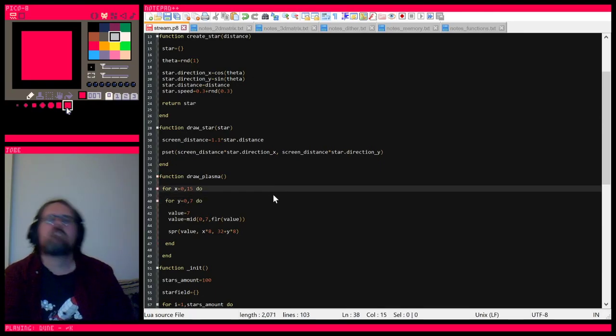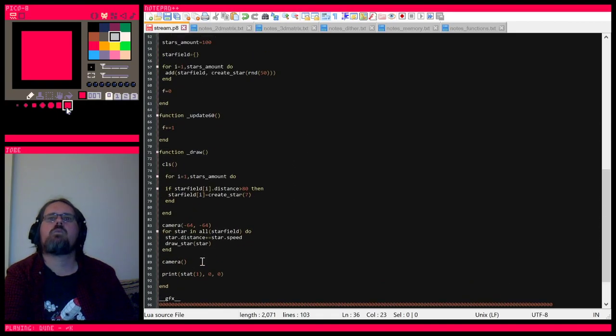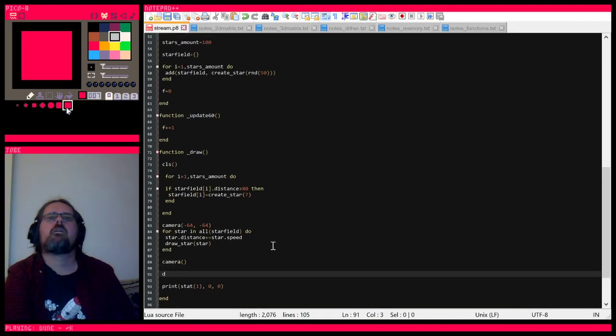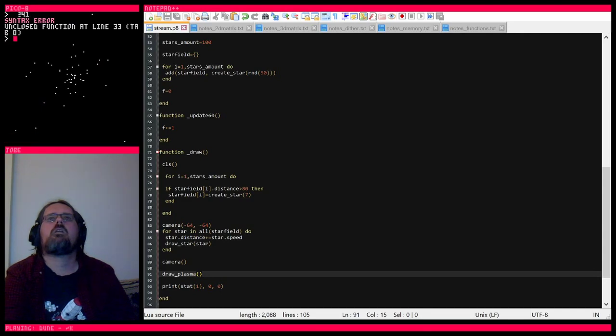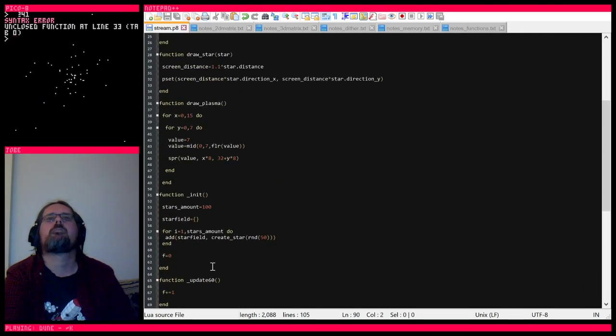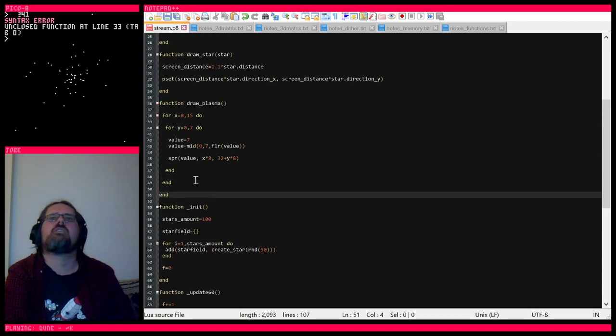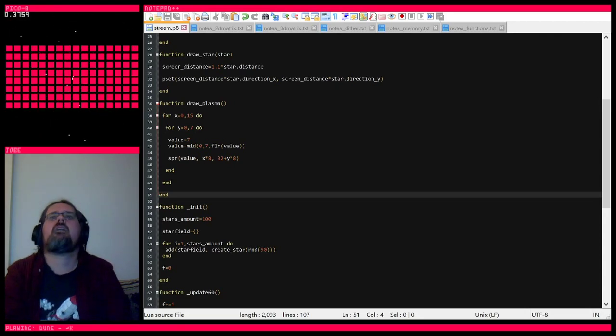Now let's see. I noticed this time the syntax error before, and we're going to add our draw plasma call here. So let's see what I've messed up this time. Unclosed function at line 33. Oh yeah, we need to close the draw plasma function as well. So now we have a beautiful grid of red squares. Not terribly interesting,